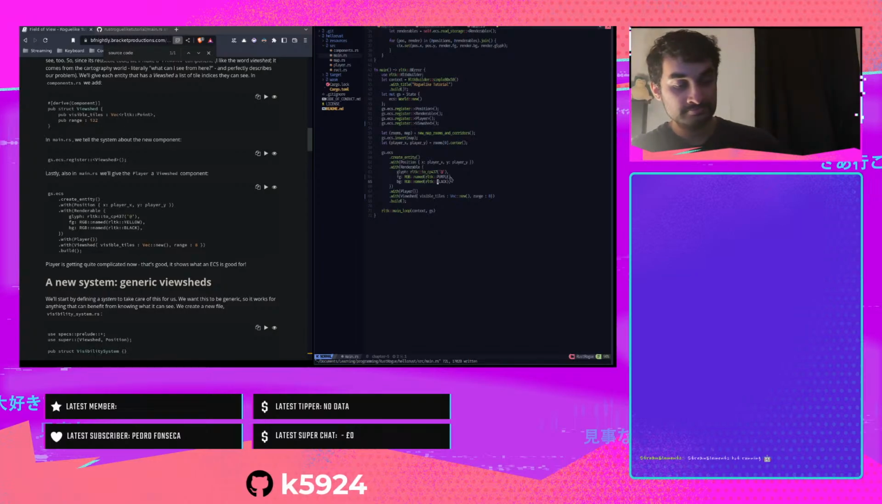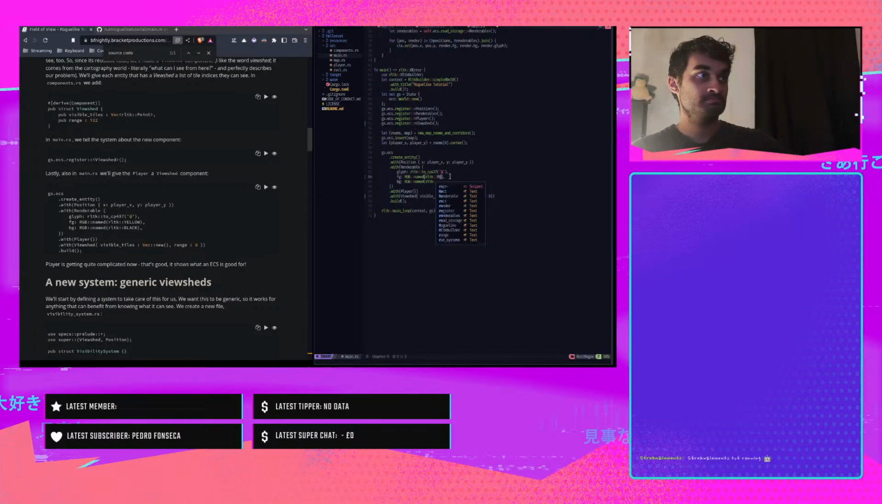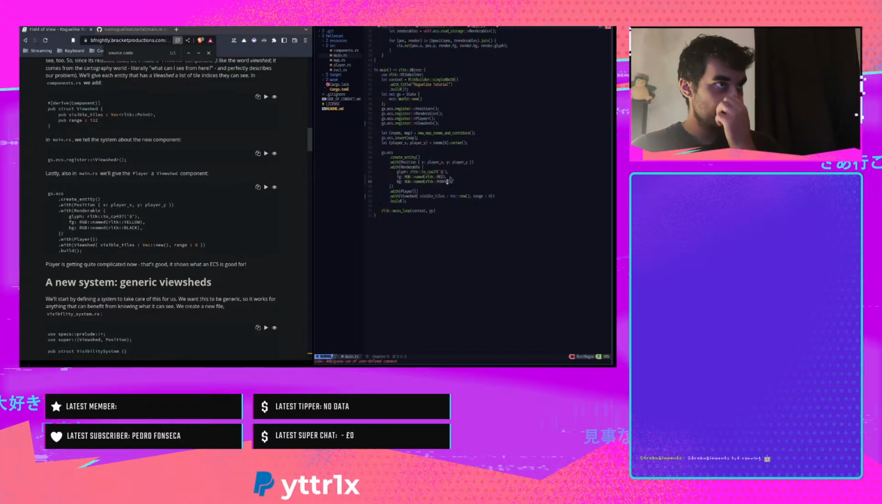Actually, red and purple, just to match my keyboard and my streaming setup. Anyway,